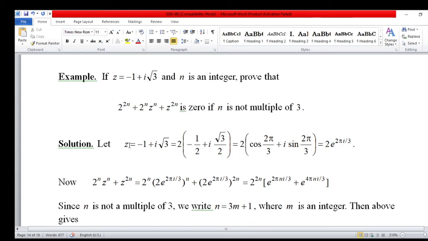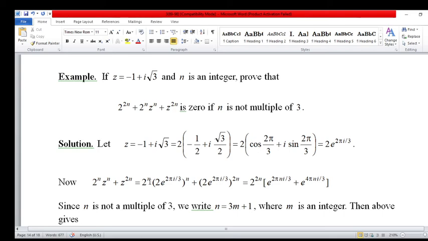Now this is the right hand side. So 2 raised to the power n into z raised to the power n. We find the value of these two terms: 2 raised to the power n into z raised to the power n plus 2 raised to the power twice n, z raised to the power twice n